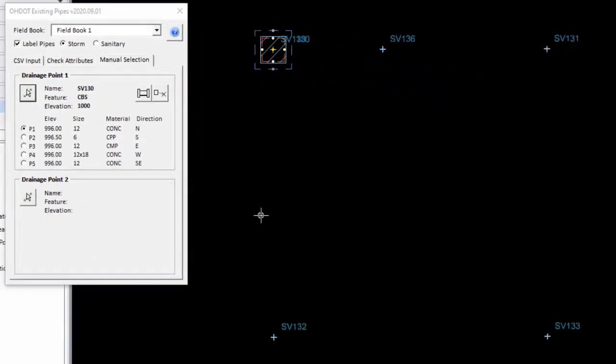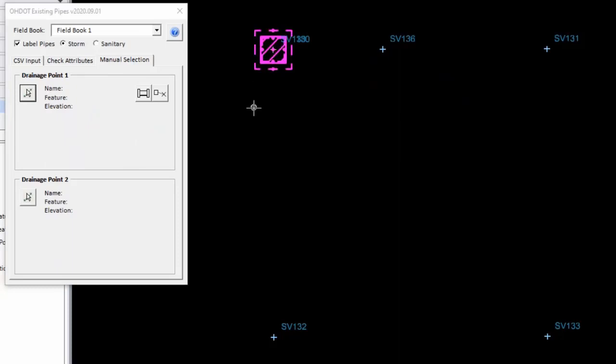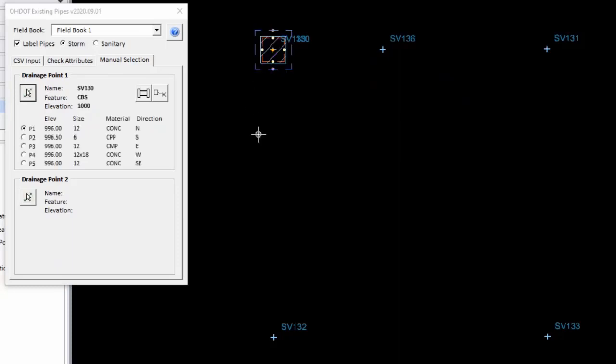So if I want to go ahead and pick a second point, I can pick the command, but the way I have this structured is when you pick the first one and accept it, it's ready for the second one. In fact, if you read the prompts down in the lower left, it says select second survey element. Anyway, I'll just go ahead and click on an element. So this is one of those PIO shots that did not have any attributes. So what we're doing is allowing you to enter a dip value if you need to do that.